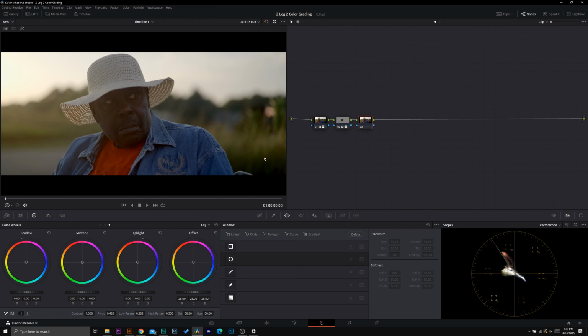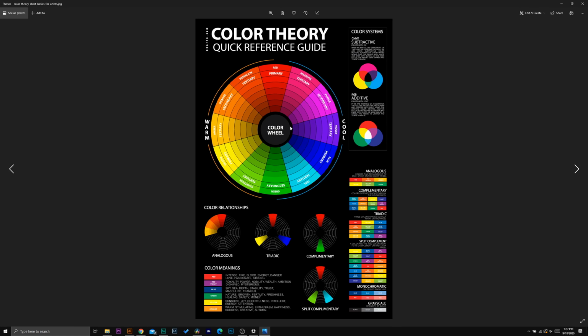Now, in this instance, this was just a test shot that I used on my camera, and so I really didn't think about any of the colors going on. So what can we do? Well, let's go ahead and take a look at a color theory chart that I like to use with my students that helps us really at least pick something out from what we have. So in our documents here, we have our color wheel. So it shows us where our primary colors are, our secondary colors, and our tertiary colors. It also shows us which colors are warm and which colors are cool. Now, if we zoom in here,